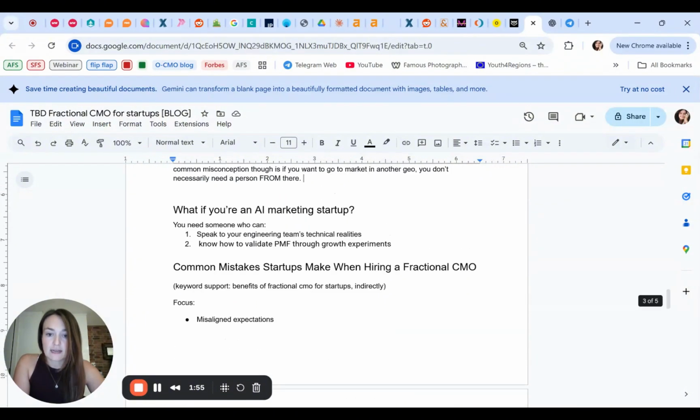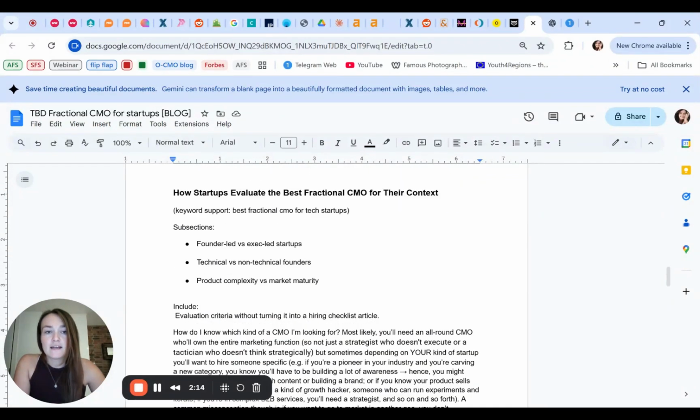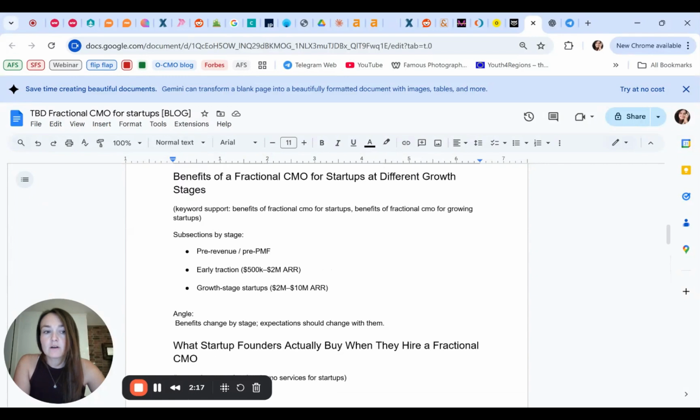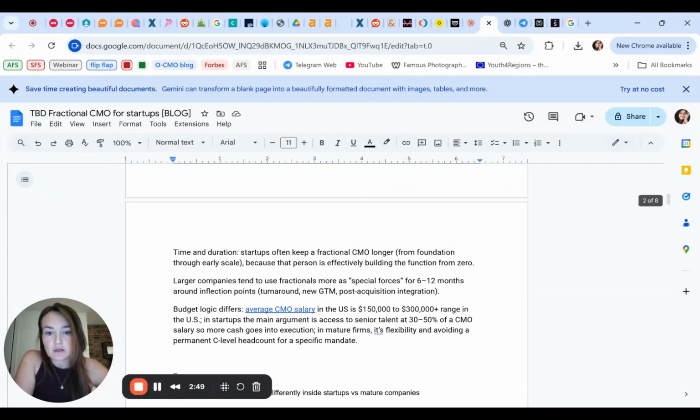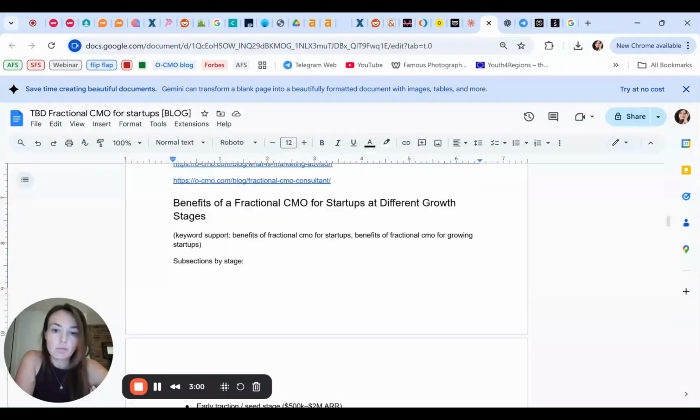Ideally, I will also add now the cross links to my other blog articles, because I want internal linking to be coherent and cohesive. And I might also add some research that I will run with Perplexity now, because this is what this LLM is good for. But for now, I will take the same exact prompt that I ran in ChatGPT and I will take it to Claude. So I have enriched my article with links and with some extra information. You see, I found the salary range for an average CMO.